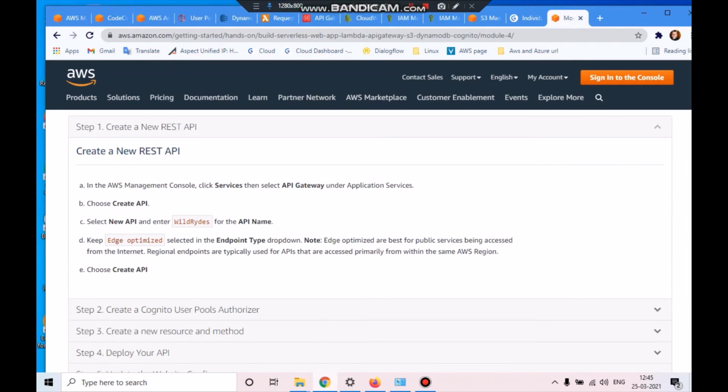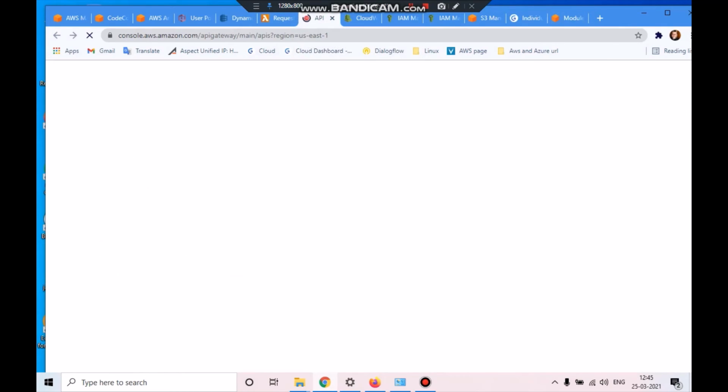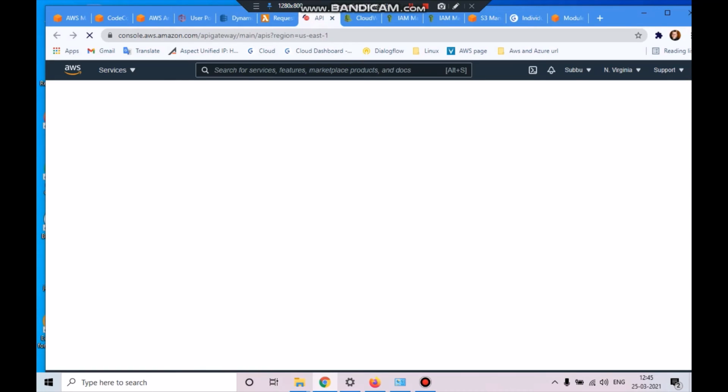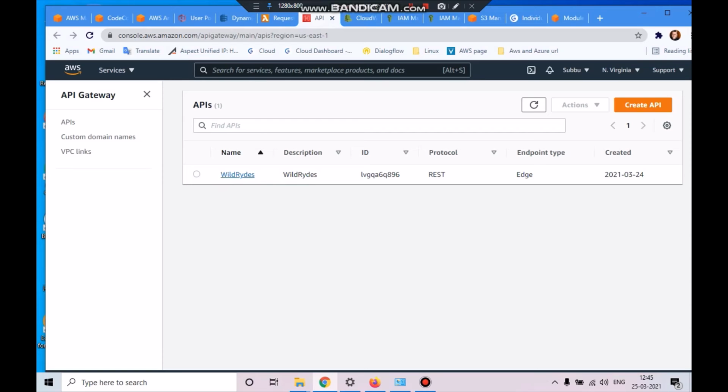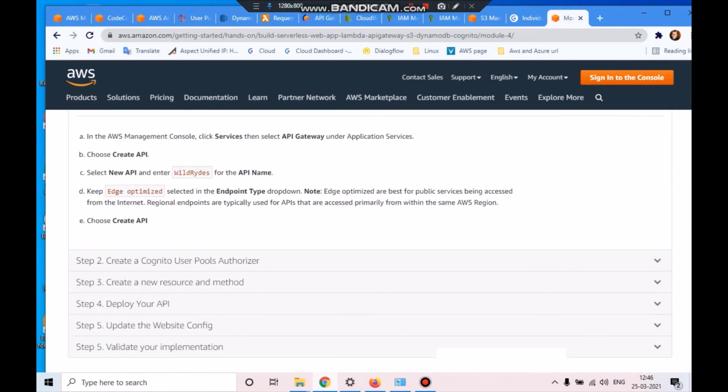What needs to be created is a REST API in API Gateway. I created an API Gateway named wild rydes.